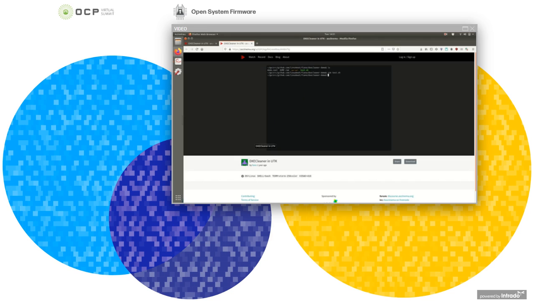So in the invocation to UTK, we pass in the BIOS, we give it the Dixie Cleaner command, we give it the shell script. So you can see here, on the first round, it's trying to remove this Dixie, and